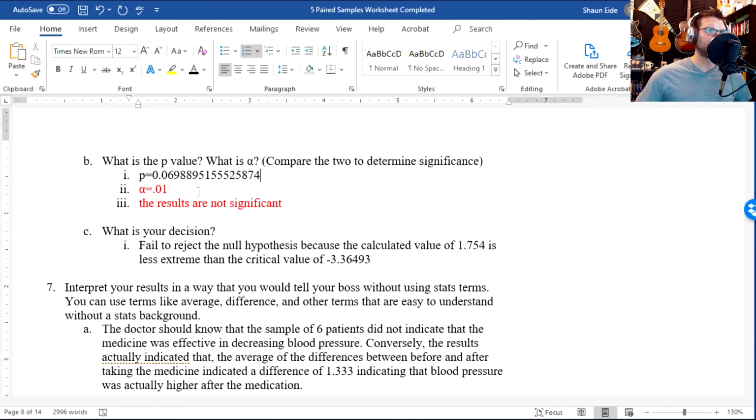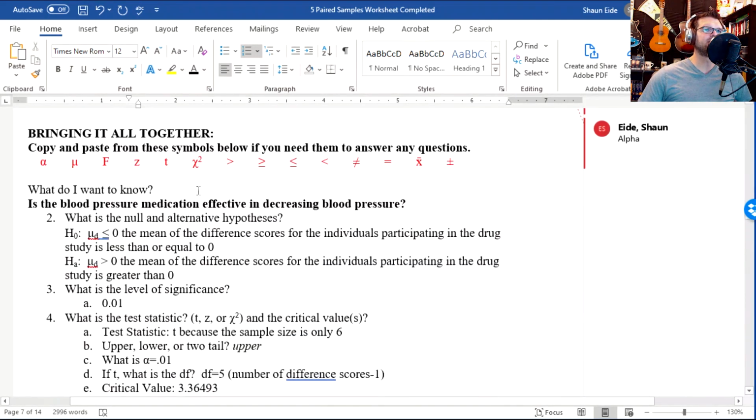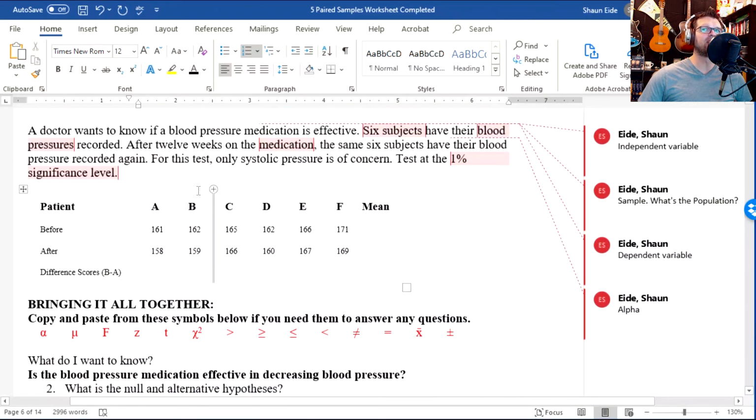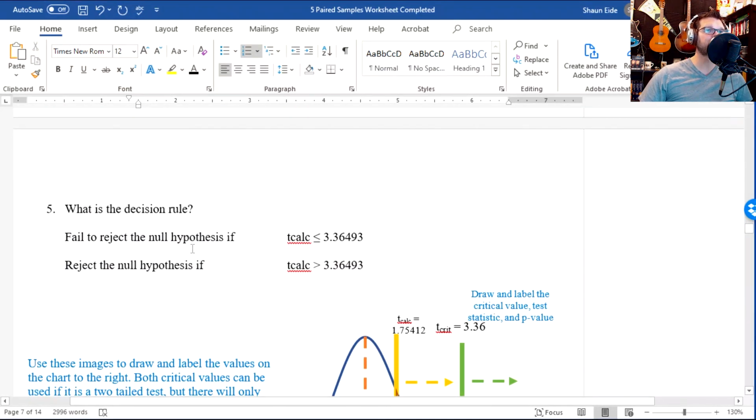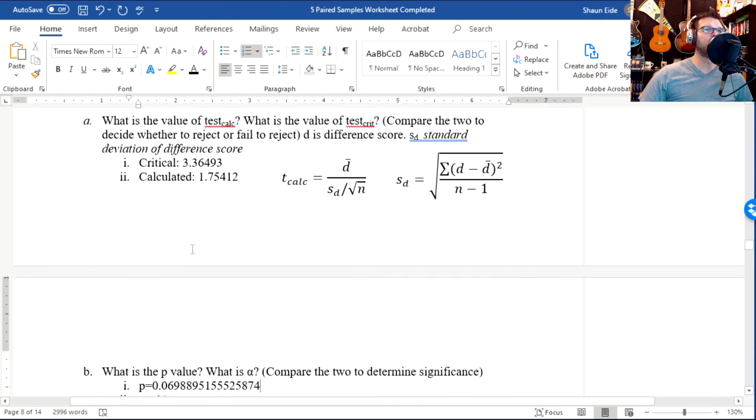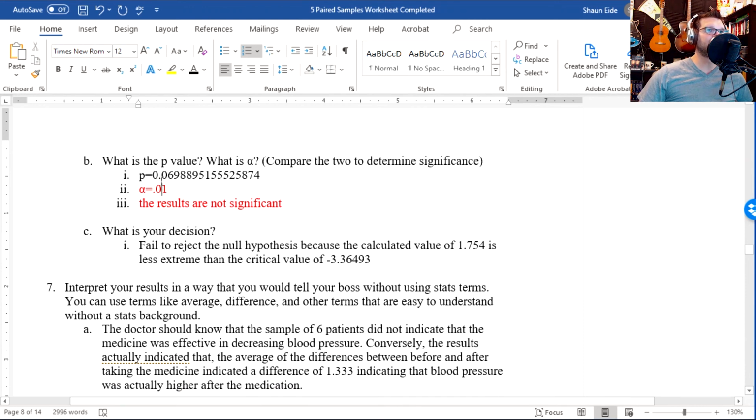And the reason why this is really important is because, especially with medical tests, you don't want a 1% chance of being wrong, or I guess you don't want a 5% chance of saying, hey, it actually does something when in actuality it doesn't. So we really want that alpha of 0.01. And because we have that alpha of 0.01, even though the probability of this occurring just by chance is less than 7%, we are comparing the alpha to the p-value, and we can determine that